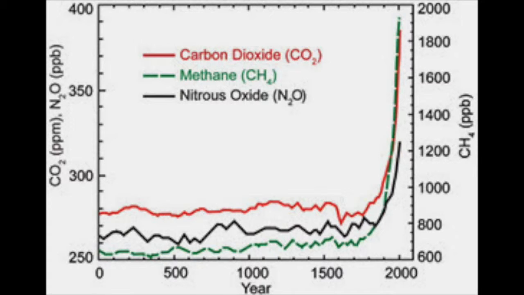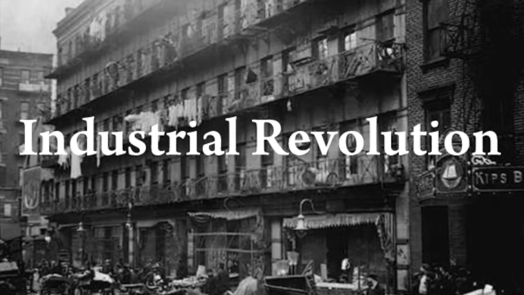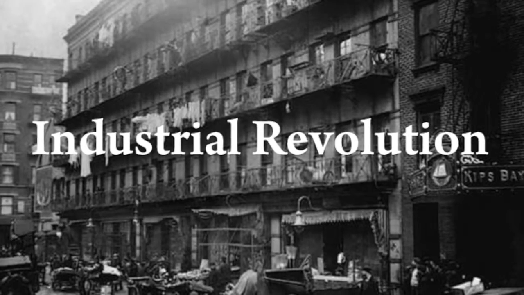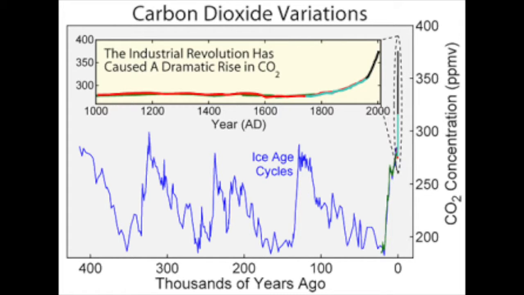This means there is way more carbon dioxide than nitrous oxide and methane. We can see there is a natural increase and decrease in the three gases. The Industrial Revolution started in 1800, and that's when we began to see an increase in greenhouse gases. As we look closer into carbon dioxide levels, we can see that it has increased much faster than the other greenhouse gases, mainly because of human activity.